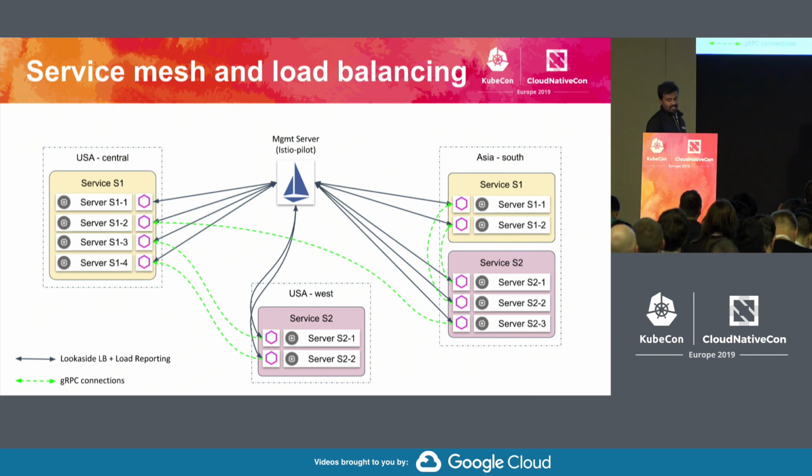Now, let's look at service mesh and load balancing and how it happens. This is a small example of what it would look like for two services, service 1 and service 2. Service 1 is deployed in two locations, USA Central and Asia South, and service 2 is deployed in Asia South and USA West. Service 2 is a client which wants to connect to service 1, and based on locality,